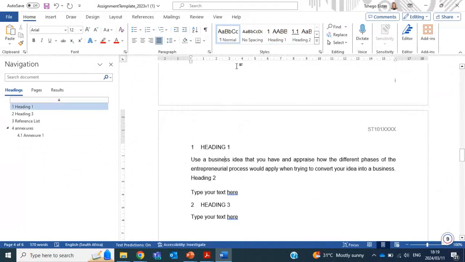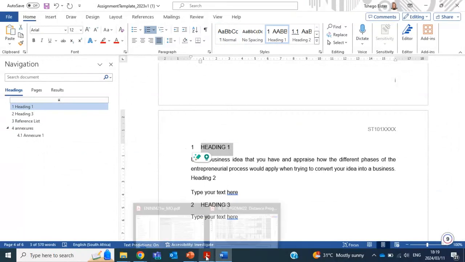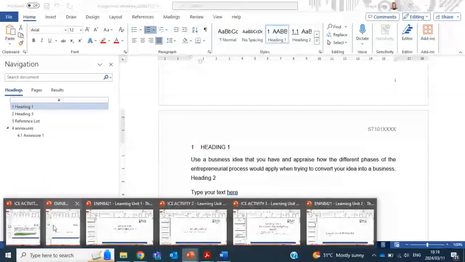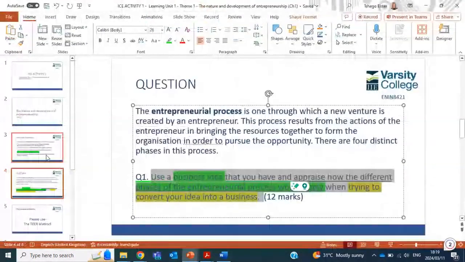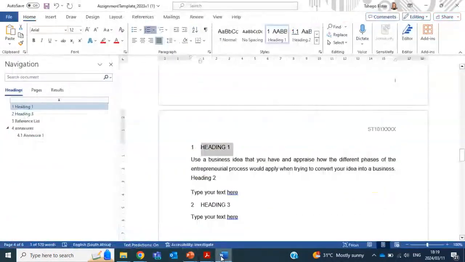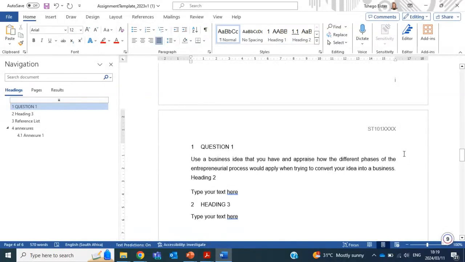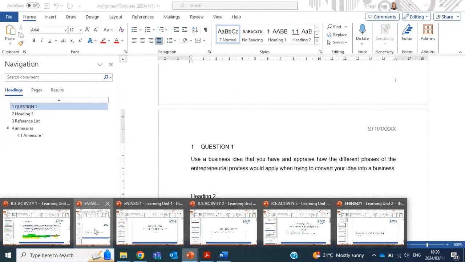Okay, and this is just normal text because it's not a heading. The heading will be Question 1. So in Question 1, they say use a business idea that you have to appraise the different phases. So when we look at the phases of the entrepreneurial process,